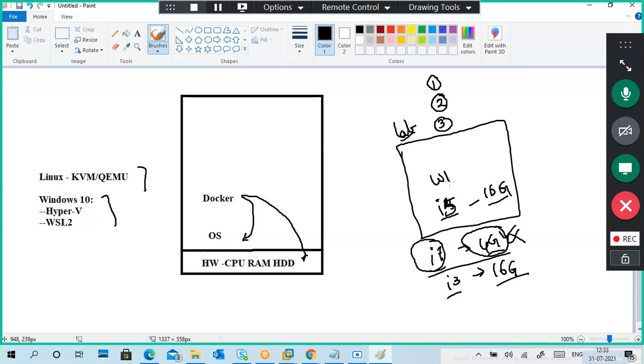Always take an original Windows 10. Don't take it from friends and all. If it is your very personal computer, then no problem. I'm not telling you about the OS here. Okay, so then you can create any lab. You can start creating your own lab for practicing. If you practice, you can learn.